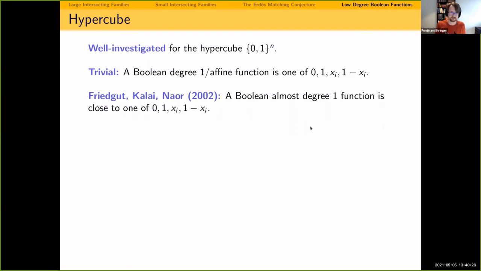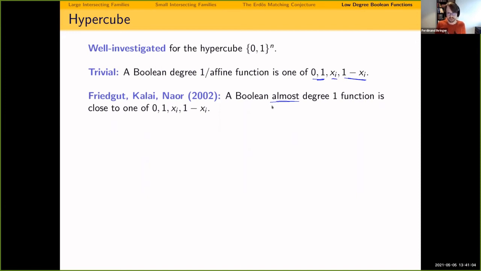So it's the same notion as before, but as for sets where you can easily see that all your affine functions are either constant or they only depend on exactly 1 coordinate if they are of degree 1. There is a famous FKN theorem which did show that, whenever I write almost, it differs what I mean by almost, and it's always something asymptotic which I don't want to define.